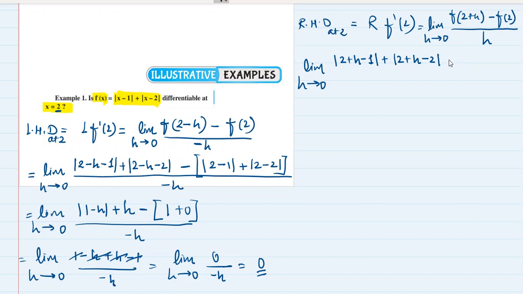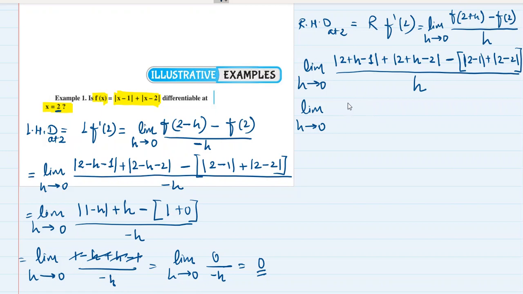minus f of 2. Okay, I'll put a bracket here, f of 2. So 2 mod of 2 minus 1 plus mod of 2 minus 2, mod close bracket close, the whole upon h. So this becomes limit when h tends to 0 of